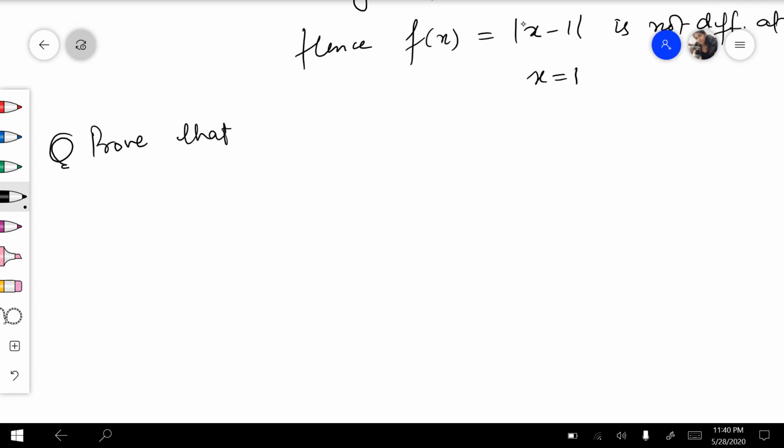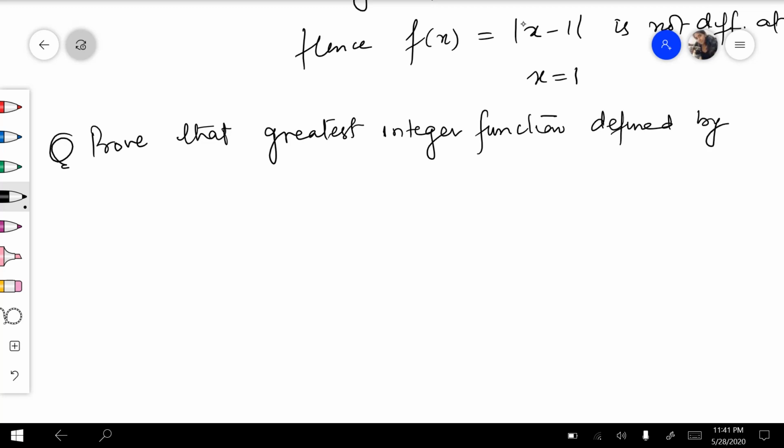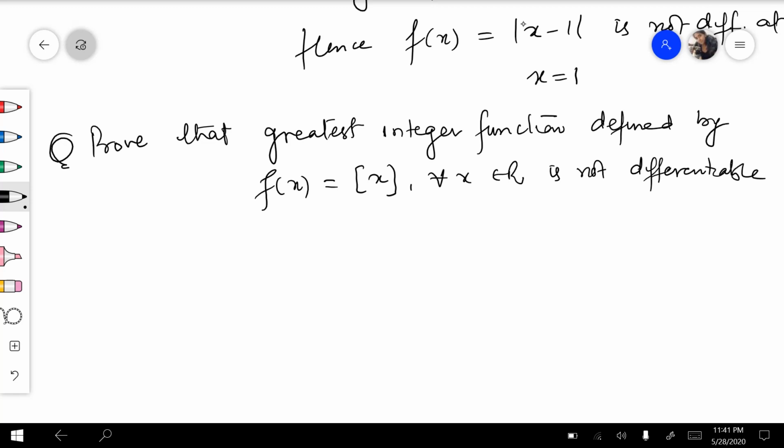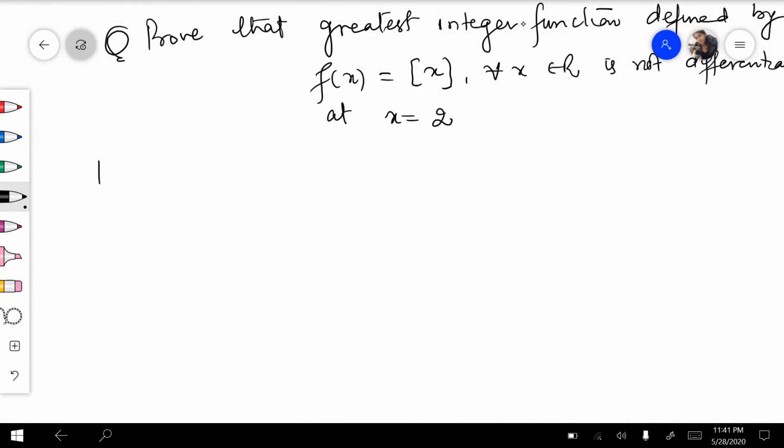Prove that the greatest integer function defined by f of x equals the greatest integer value of x, for every x belongs to real numbers, is not differentiable at x equals 2. Proof: